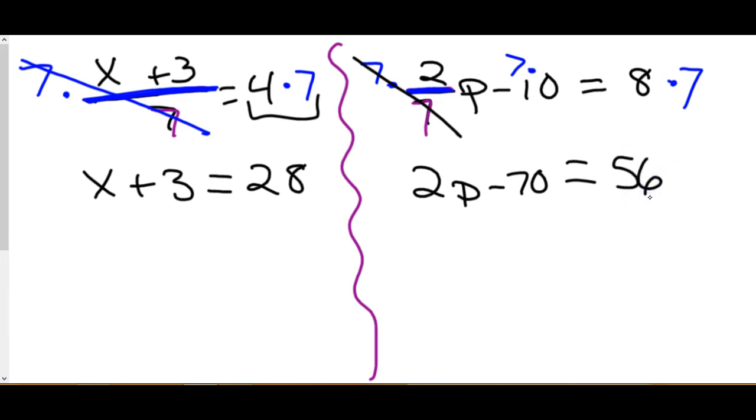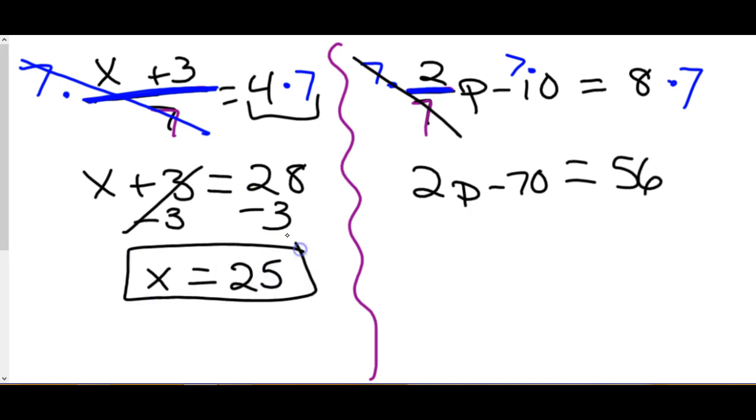So now on both of these, we start just solving them like we would a normal equation. With our equations, we have to do opposite operations. So on the left side, to get rid of a plus 3, the opposite is minus 3. So we bring down the x, we get 28 minus 3 is 25. That one is finished. On the other one, we're still doing opposites. The opposite of minus 70 is plus 70. So we get 2p equals